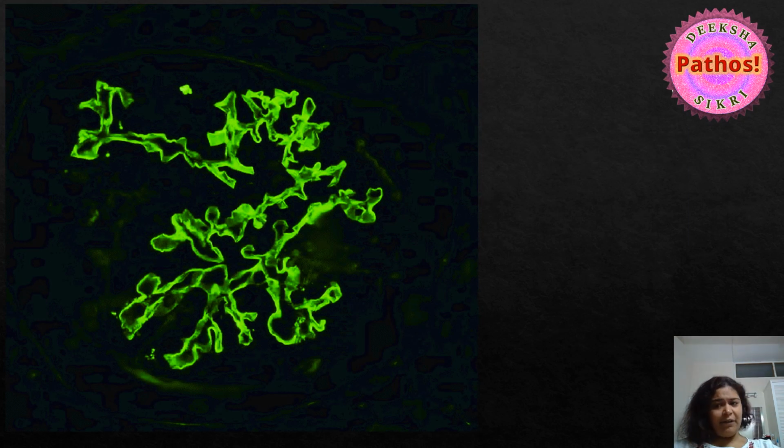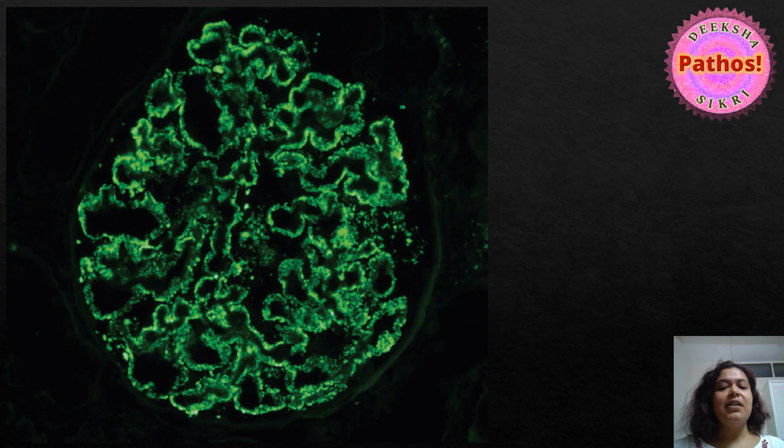Now look at this photograph in front of you. Can you see that regularity? Can you see it looks like how those ballerinas take those ribbons, really pretty pastel ribbons. I don't know if you guys remember or can recall. So it has that kind of regularity to it, that kind of beautiful ribbon-like texture to it. So this is linear immunofluorescence. What about this one? Can you make out instantly that it's got a coarse texture? So this is a granular immunofluorescence.